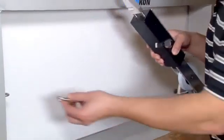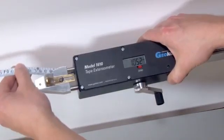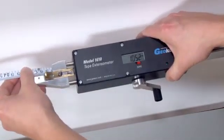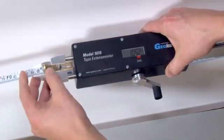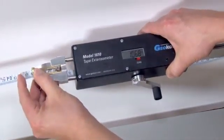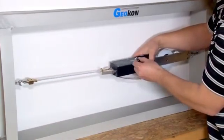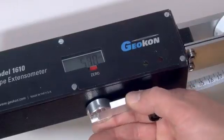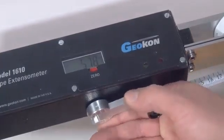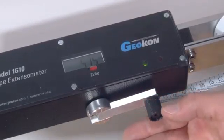After attaching the tape hook and the instrument into the anchor points, place the nearest punched hole on the measuring tape over the locating pin and secure it by sliding the brass tape holding latch all the way over the tape and pin. Turn the tape tensioning handle clockwise until one or both of the indicator lights come on. Turn the tensioning handle clockwise in small increments until only the green indicator light stays on when the instrument is